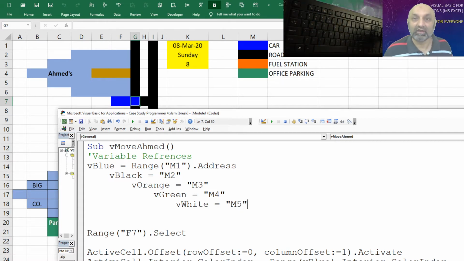So we have the cell addresses of the colored cells in our VBA code now.